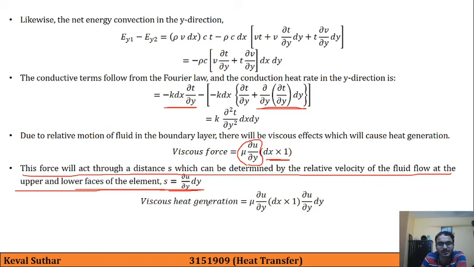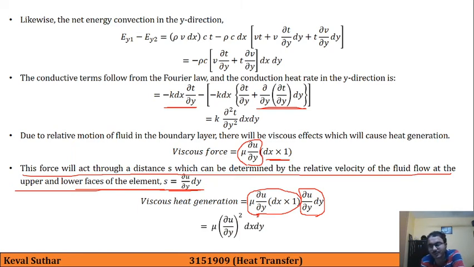So viscous heat generation is given by the force multiplied by distance s, which is given by this formula. So finally what we are getting is mu into del u upon del y square into dx dy,